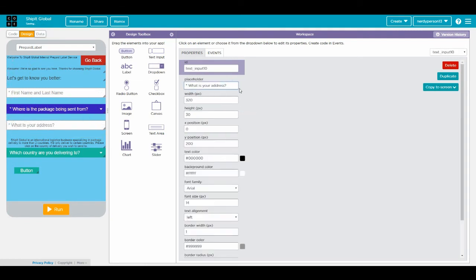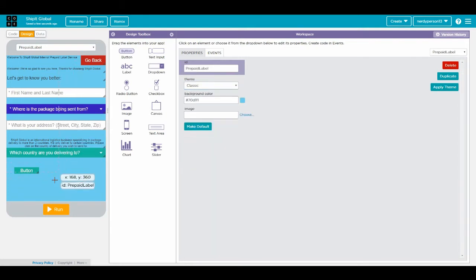Actually, on here we'll put street, city, and zip code. Or state and zip. Okay. Now,